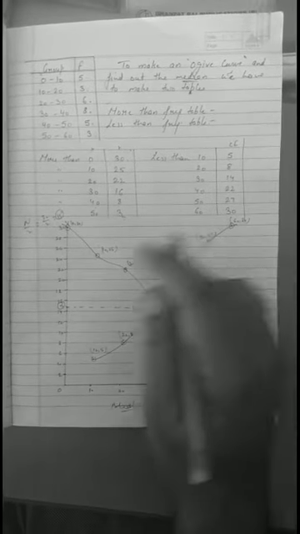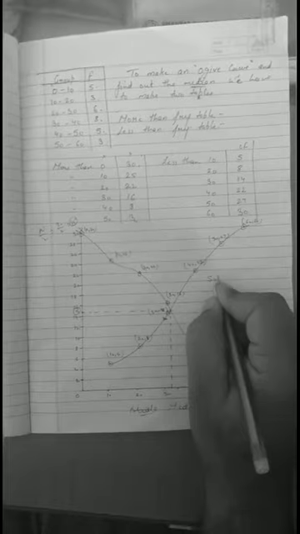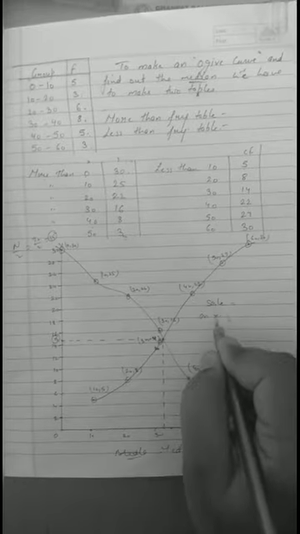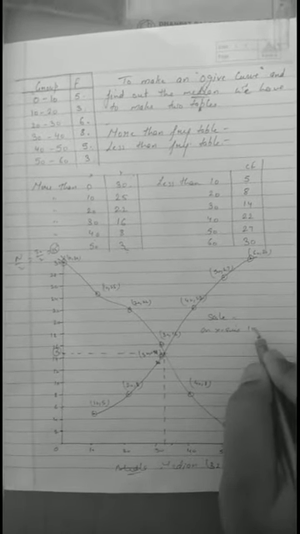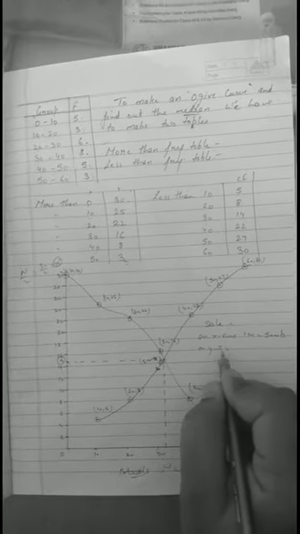Okay, now this is a whole diagram, but we have forgotten one thing: we have not written the scale. So scale on x-axis, 1 centimeter equals to how many units? What we have taken is 2 columns equals to 10. So 1 centimeter equals to 5 units. And on y-axis, 1 centimeter equals to 2 units. Okay, this is our final answer. Thank you.